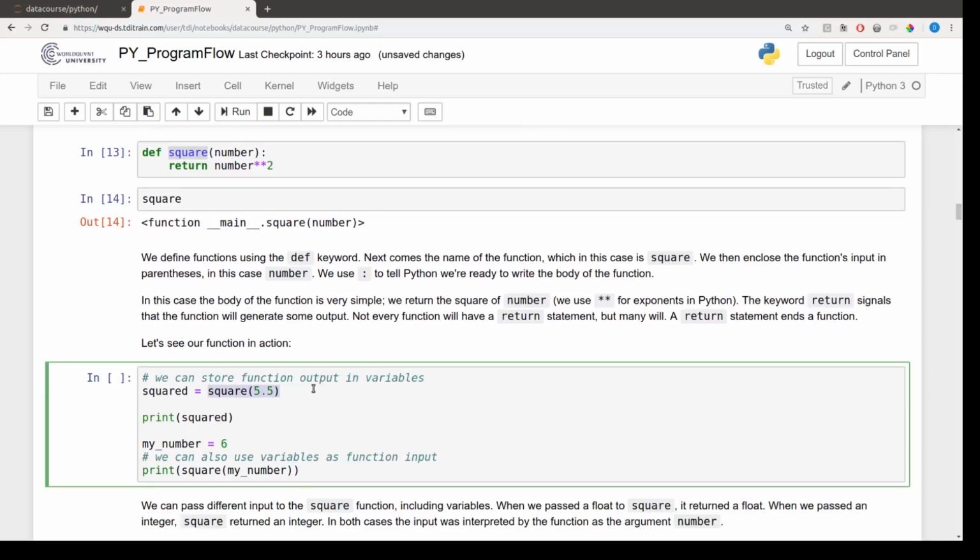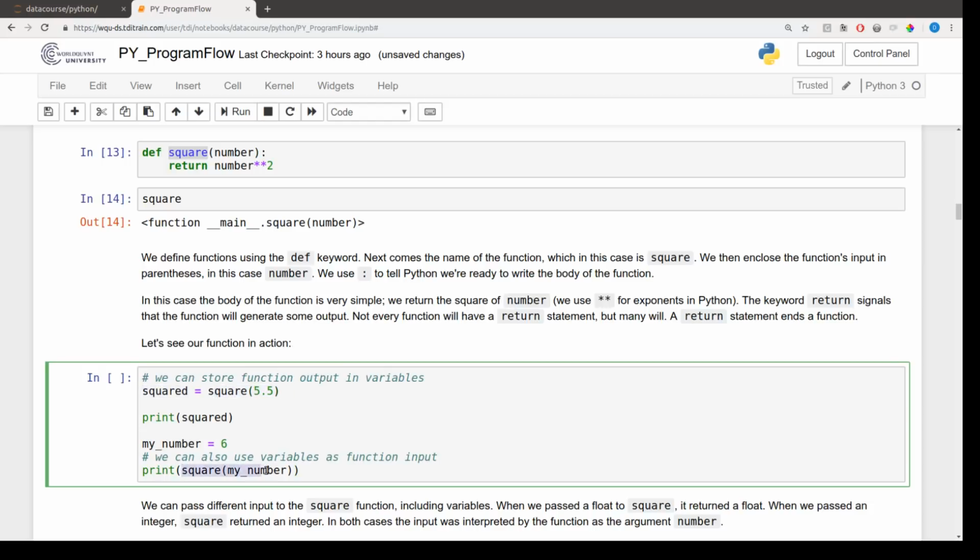We can apply the function to numerical input like 5.5, or we can call the function on Python variables. So we could also assign some number to a variable and call the function on that variable. So if we evaluate this, squared should equal the result of squaring 5.5,